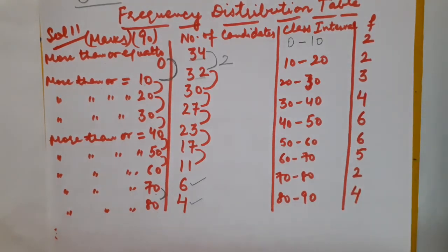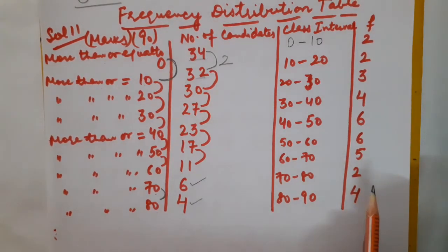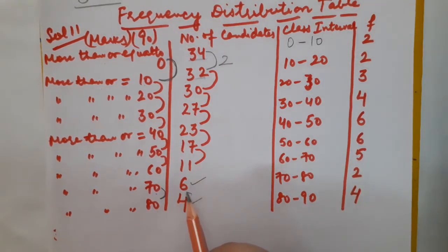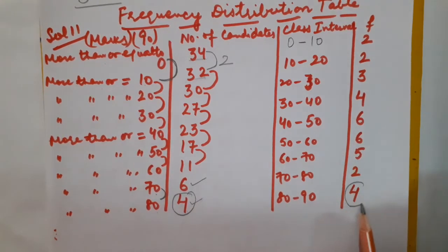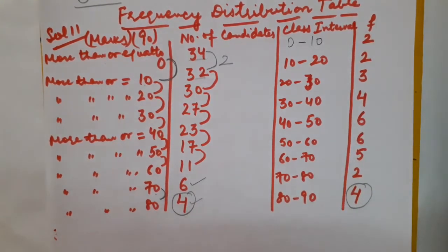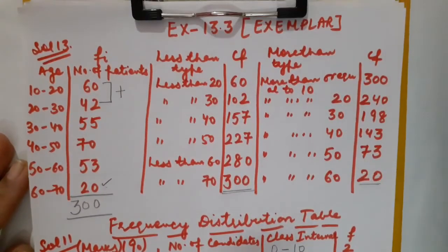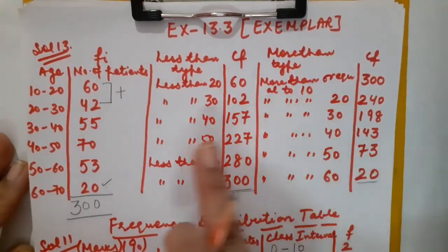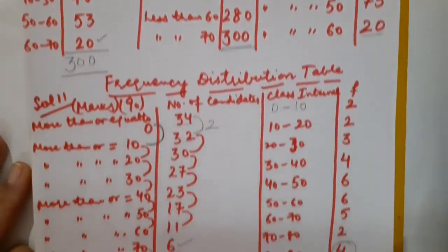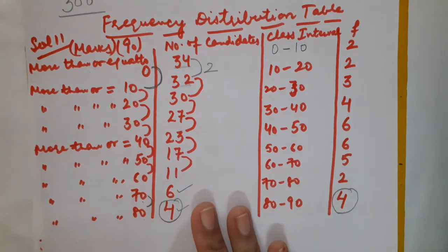And do you remember I told you one thing, that how to verify whether we are doing it right or wrong. I told you that in more than frequency distribution table when we will be having, then the last frequency of more than type must be equal to the last frequency of the actual frequency table. Got it? So children, if you are capable to make less than and more than types both, then and only then you will be able to calculate median.